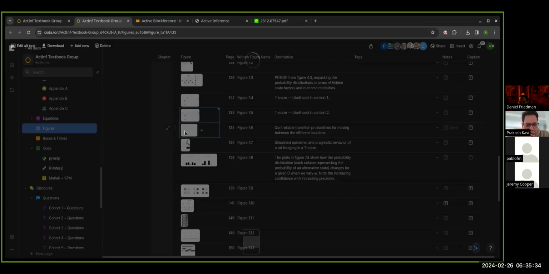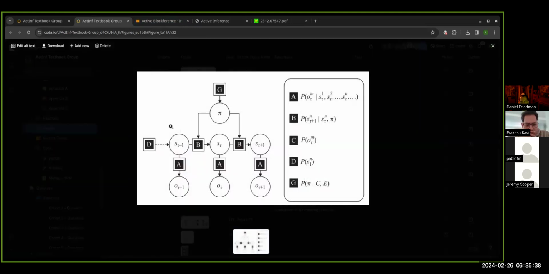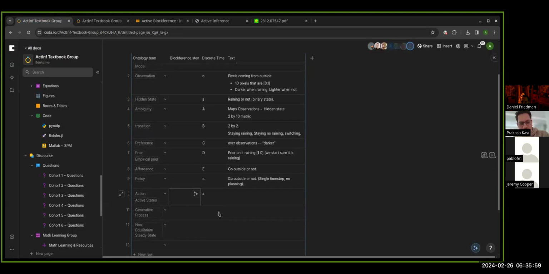There are way more complex models to make, but in terms of describing all of this, G is not really a variable. It's a functional that gets applied to pi conditioned upon C and E. So by defining A, B, C, D, E, S, O, and then the generative process,